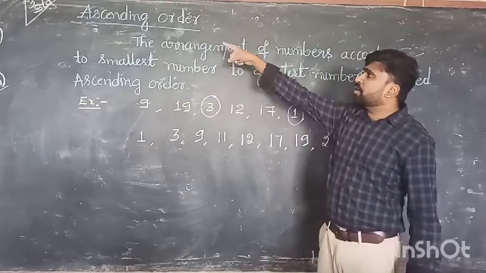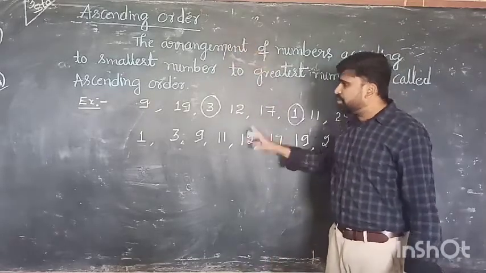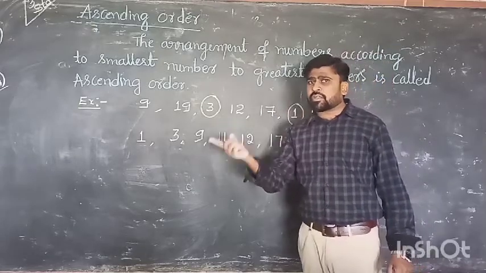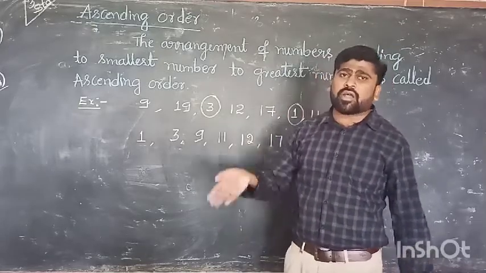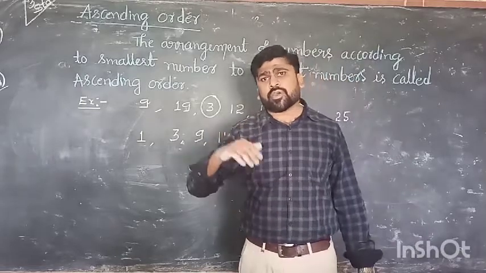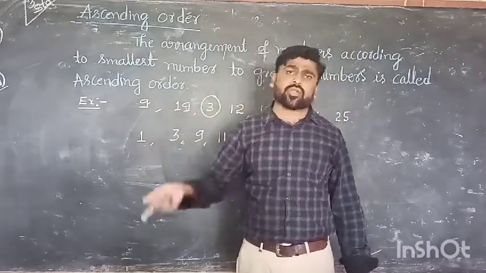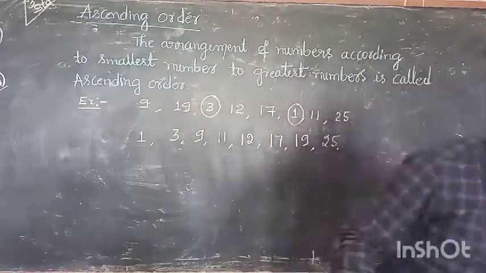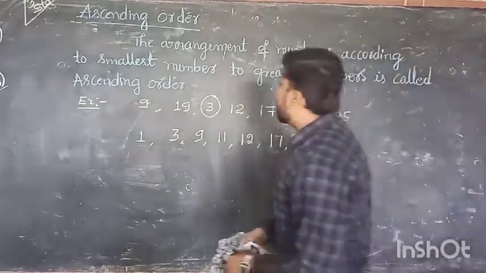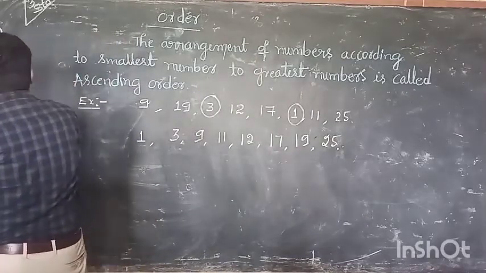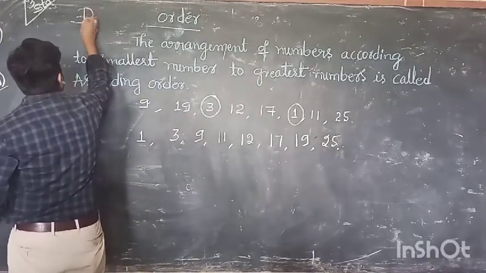In your CW, take the ascending order, take up to this. Clear? Two types. Ascending order, another one is descending order. Ascending order means small number to big number. Descending order means big number to small number. Just the reverse. So now, see here, take on this. Here next heading, that is descending order.